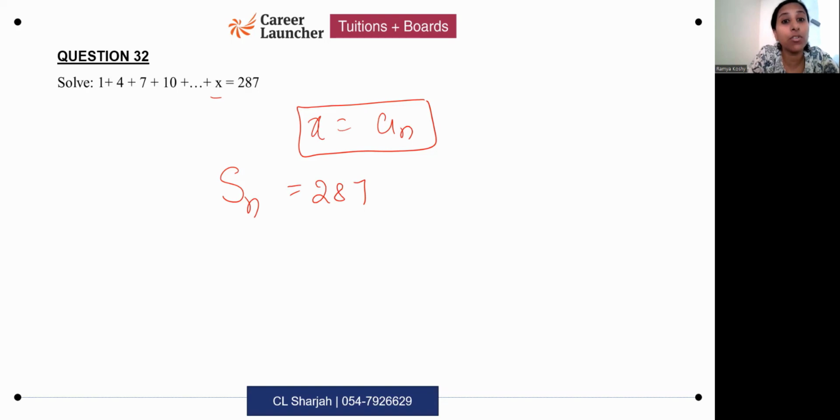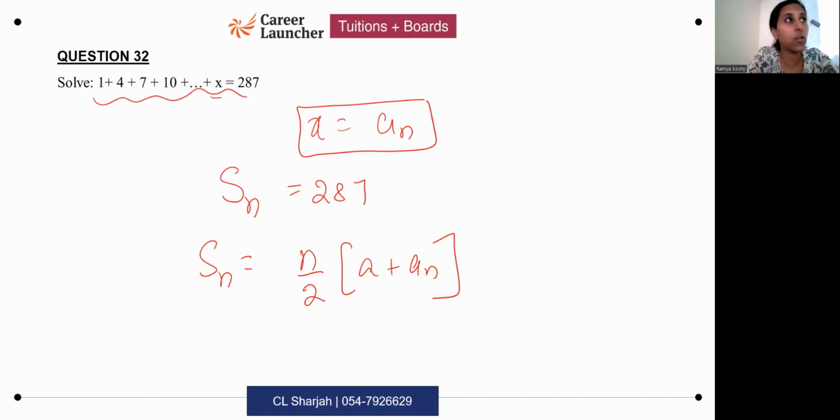So which formula will you use here? Which formula of Sn will you use? n by 2 (a plus an). This is the simpler formula to use. This question has been appearing commonly in a few recent papers. Okay, so Sn is equal to n by 2 into (a plus an). What you do over here is